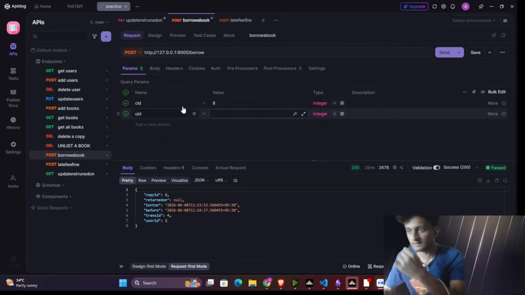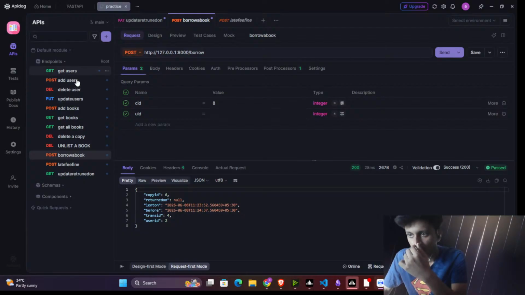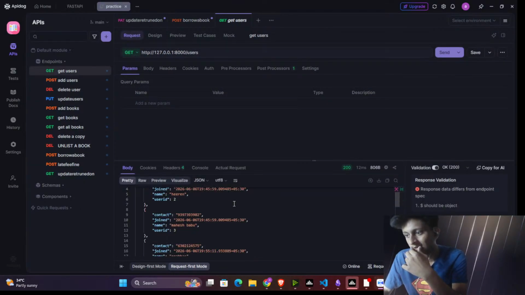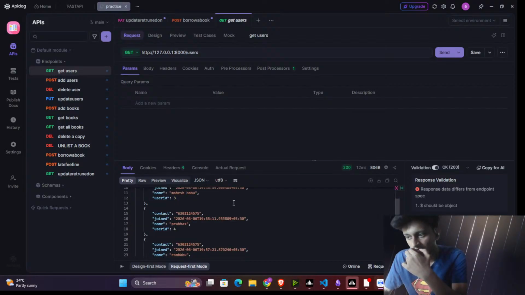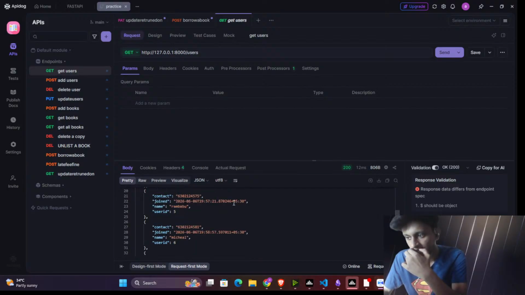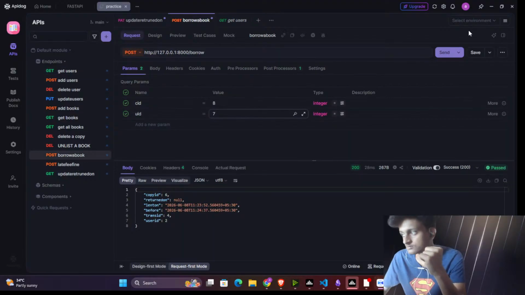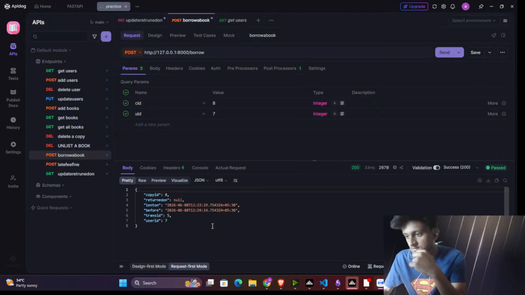Issue ID. Who can take the book? Get users. Mahesh Babu. 4, 5, 6. Yeah, 7. That's a 7 took a book. Make this. Alright. This is there. And this guy has